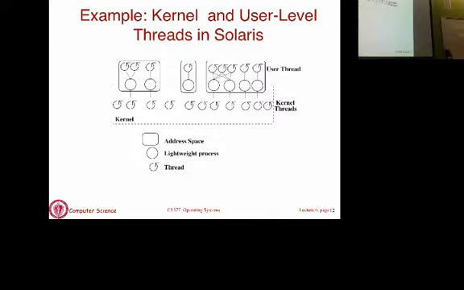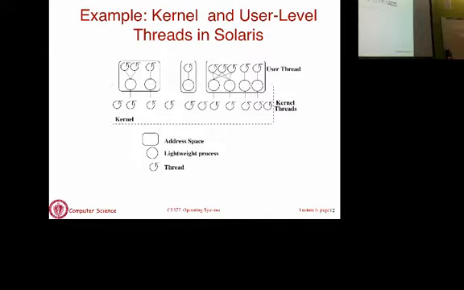But what Solaris does is give you additional flexibility. It allows you to take two threads within an application and map them to a single entity, or n threads within an application and map them to a single kernel level entity. That is what is shown in this picture. There are two threads within the application. They are both mapped onto this kernel level thread. So when this kernel level thread is scheduled, your application has to decide which of those two threads to actually run. And this is n:1 mapping.